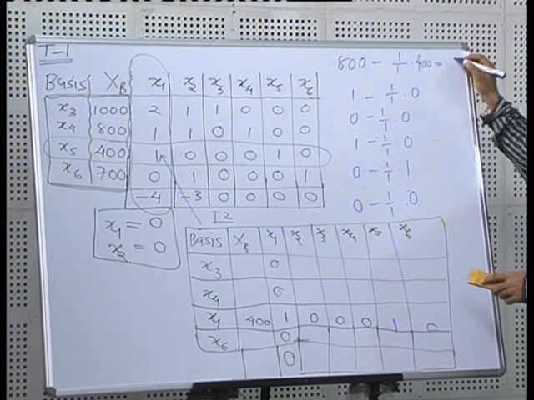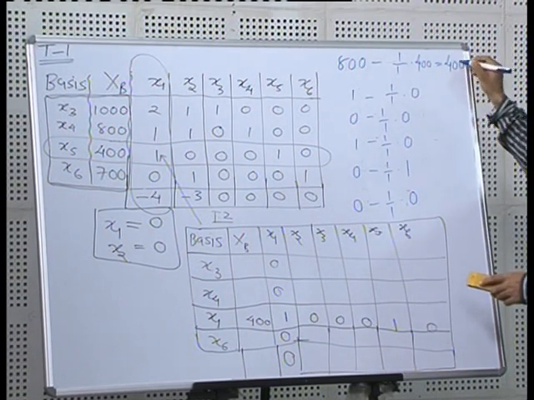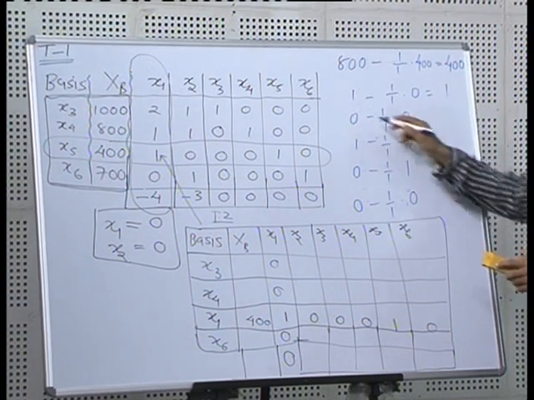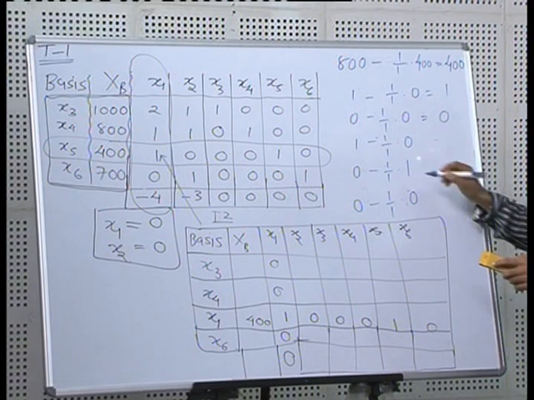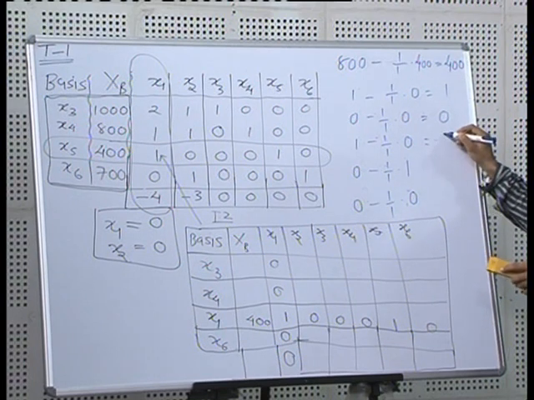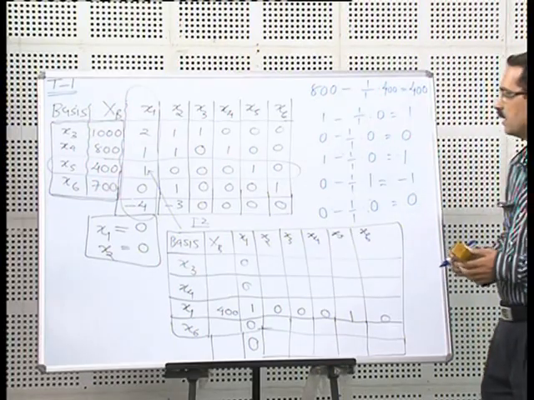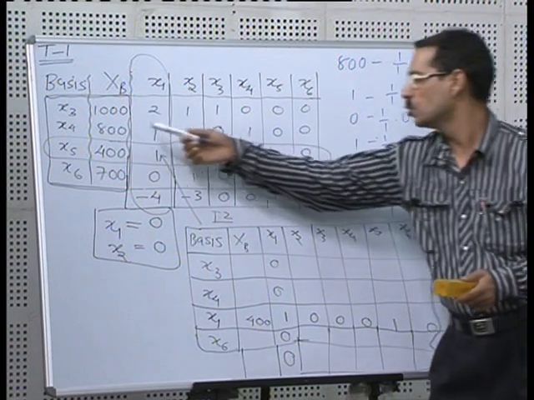Okay. Let us find out what that is. 800 minus 400, that is 400. 1 minus anything into 0, so it is 1. A pair of zeros. This is 1, minus 1 and 0. So, this is what we have, this is what is going to replace this row of 800.